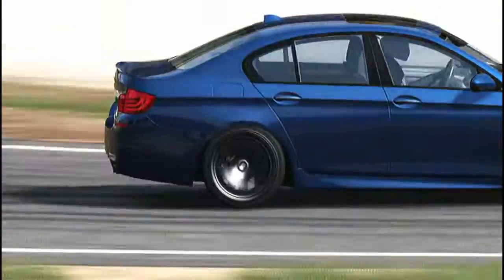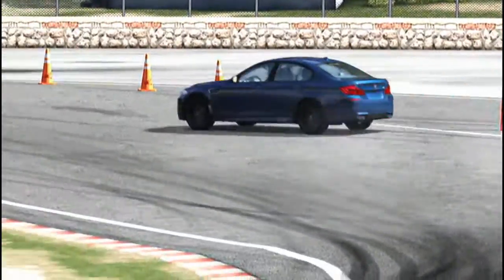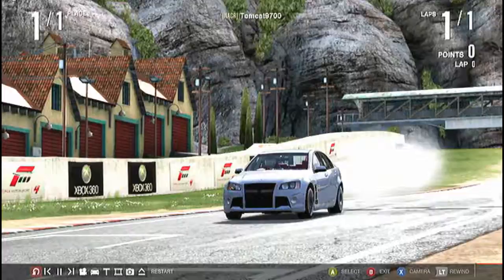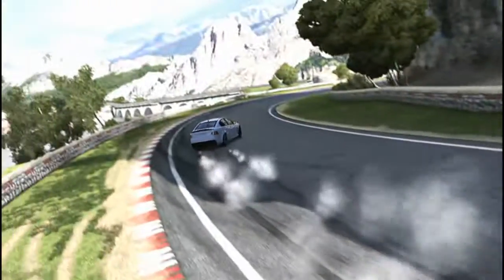initiate our final drift. Coming into the corner, swinging a bit wide, and across the line. Next up is the Holden HSV with a 427, and you can see just initiating it right